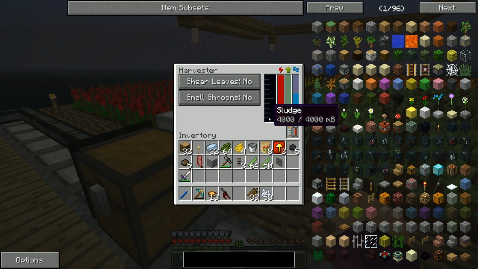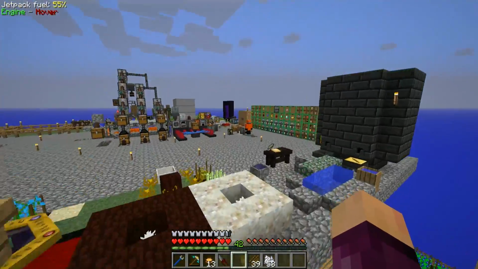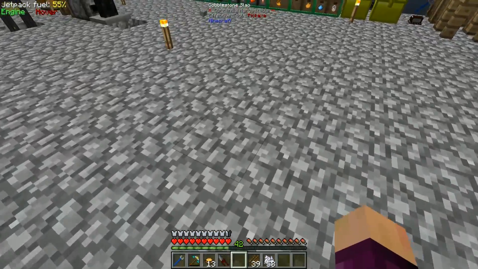And for those who are unaware, when a harvester is full on sludge, it starts to work a lot slower than it normally would, and this idle tick over here, which determines how often it harvests something, works much slower if it's full on sludge. And so one thing we need to do real quick here is actually set up a way of getting the